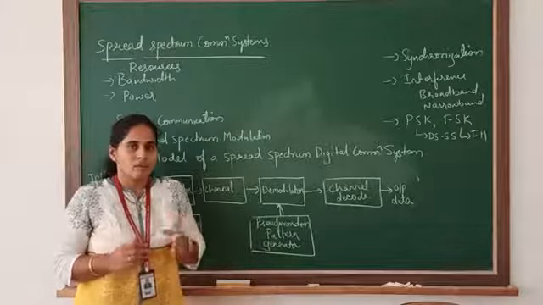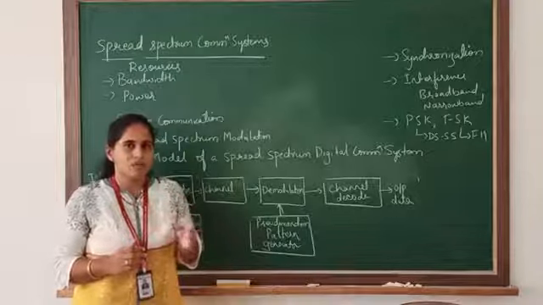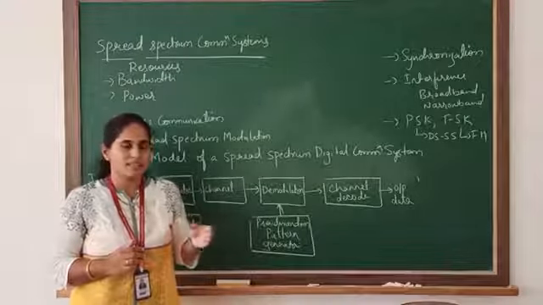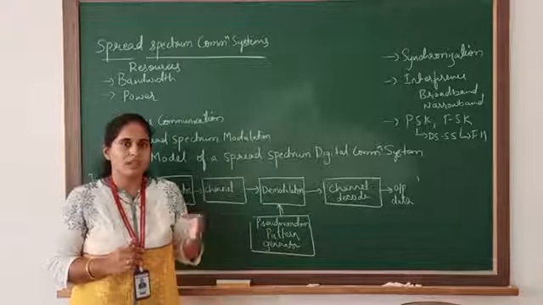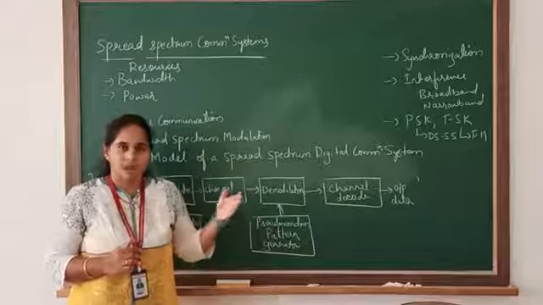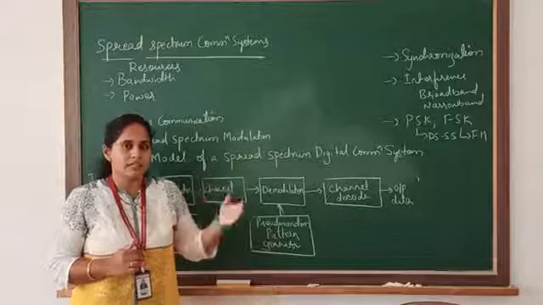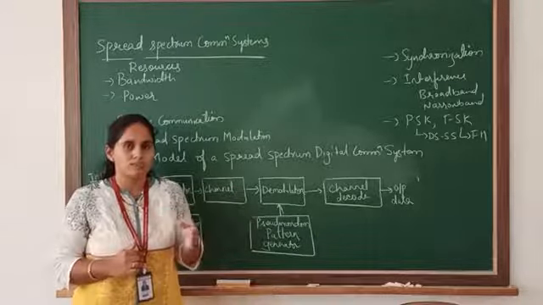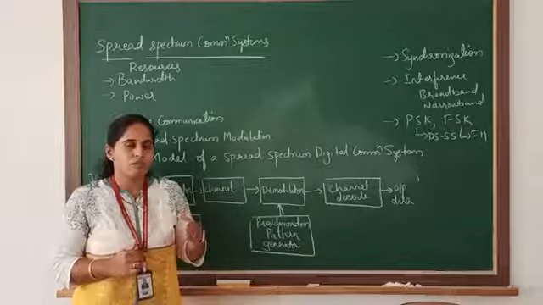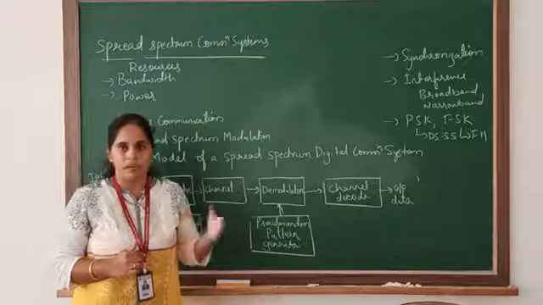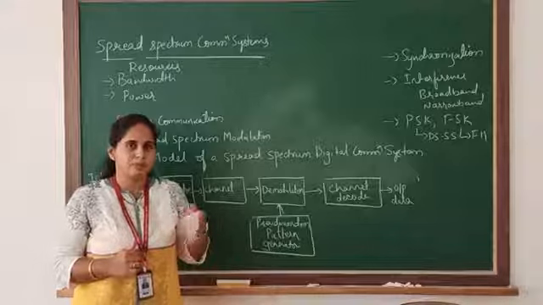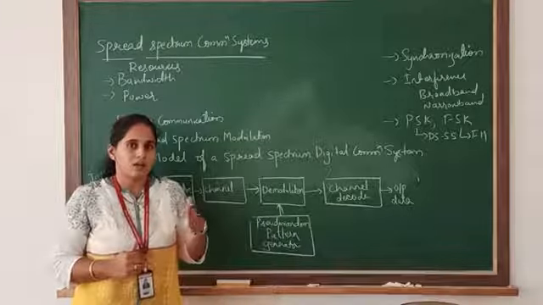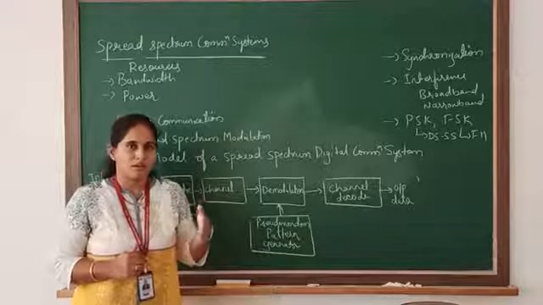At some instants we sacrifice these two resources at the cost of other things, like if we want security, if we want to secure the signal information, so we sacrifice some amount of bandwidth. So in the spread spectrum technique we are sacrificing the bandwidth for obtaining secure